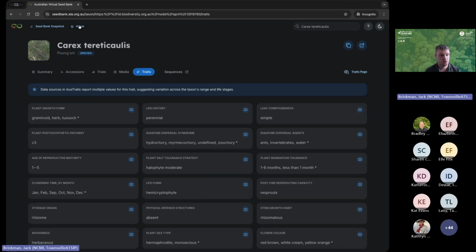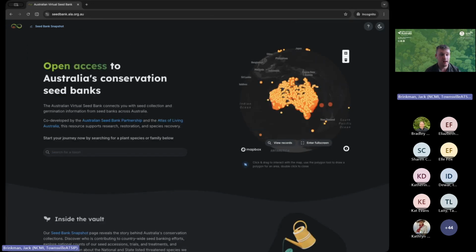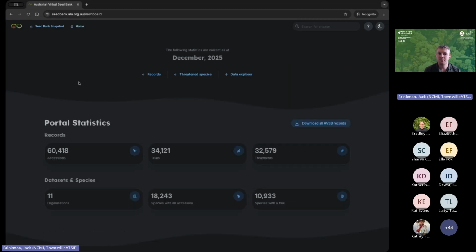Moving back to the homepage, we'll look at another lens, which is a really key lens and one of the newest developments for the portal that was released recently, which is a statistical or conservation lens on the data. So if we move to the seed bank snapshot page,